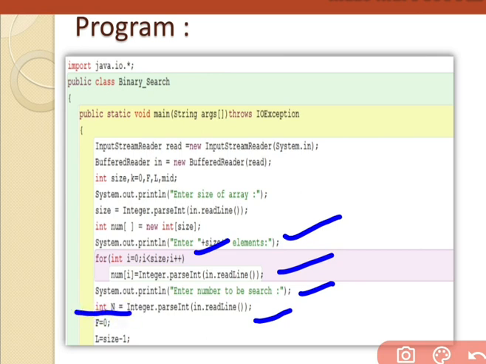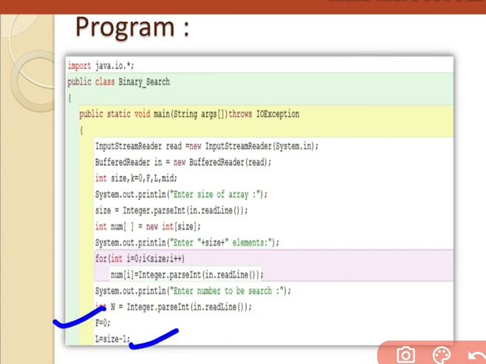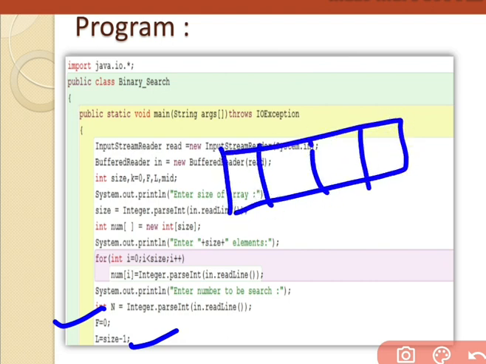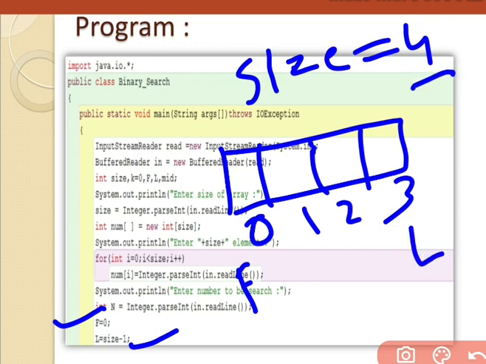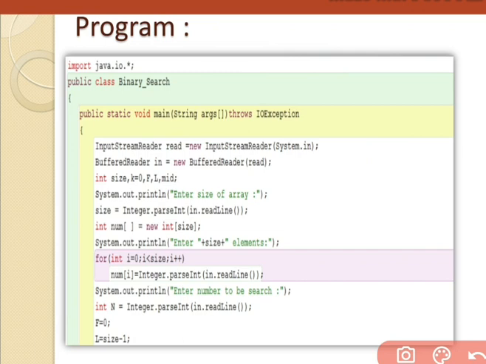Then we know our first element is at F equals 0, and our last element is L equals size minus 1. The last element always belongs to size minus 1. If we have an array of 4 elements, size is 4 and positions are 0, 1, 2, 3. So our first location is always 0, our last location is size minus 1. I think these are easy things for you.